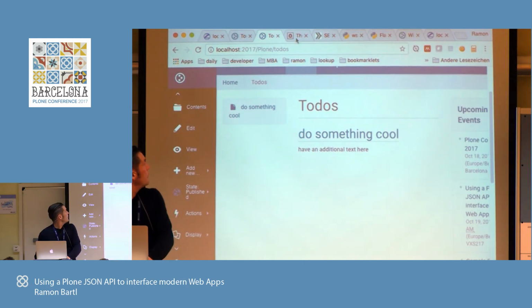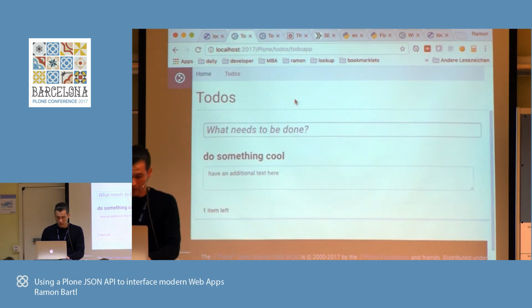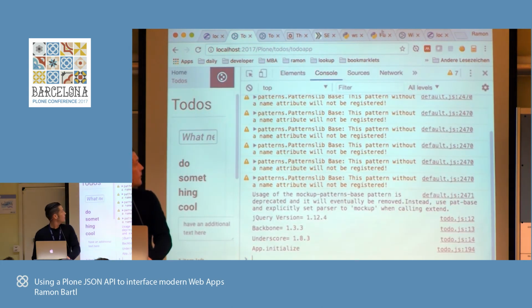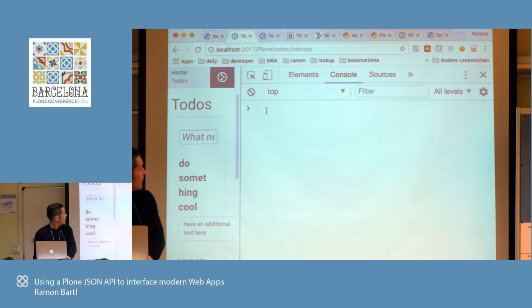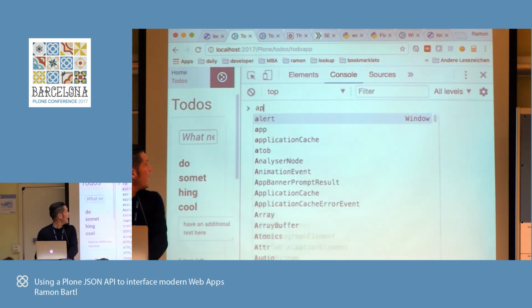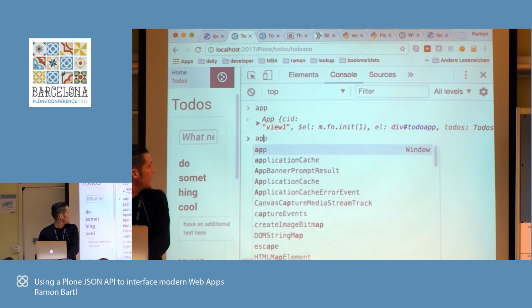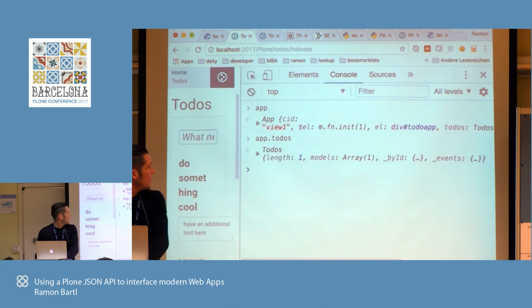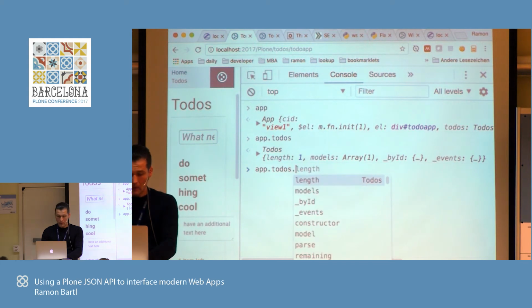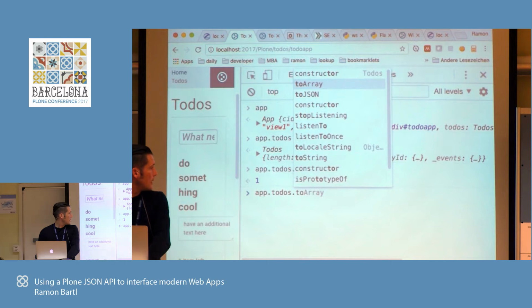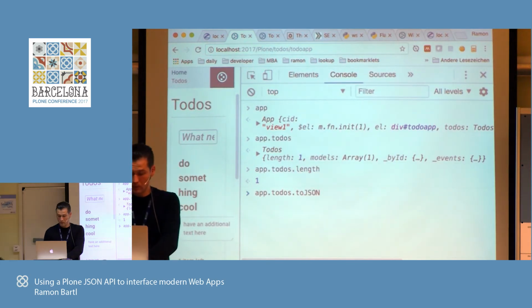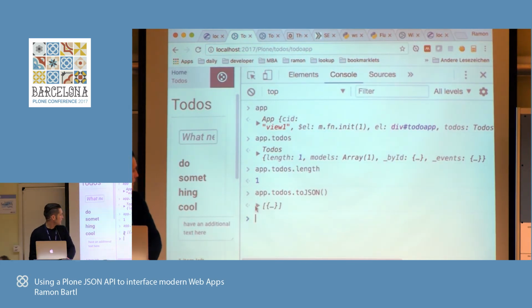So here we are. Where's our to-do app here? So this is now. Is this visible? So app. So that's my app, and I have app.todos. So obviously we have just now one to-do item in there. Length. So there's one. I can also say toJSON, which will return the JSON